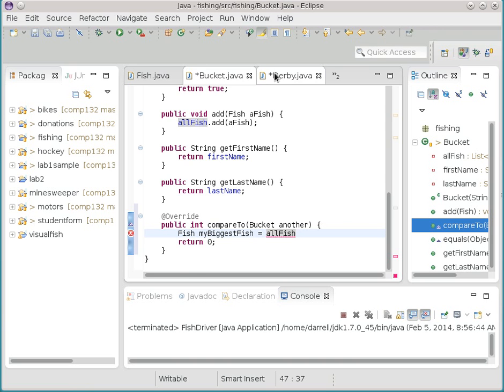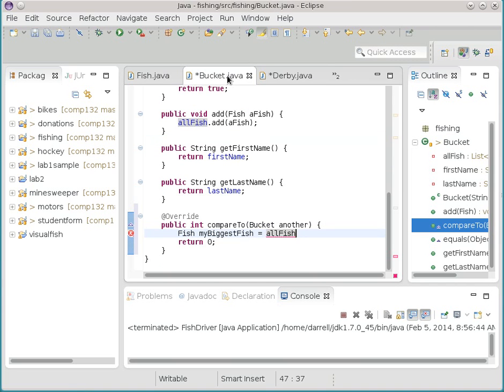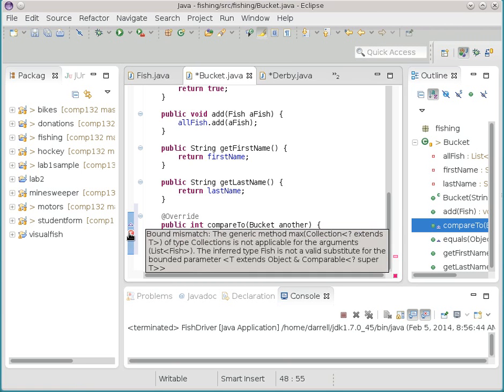How did I get the best of the buckets? Same way, right? So this collections.max says find me the best of the buckets. So if I want the best of the fish, I'll call collections.max to say find me the best of all of the fish. Except collections.max here says that nasty error message again because